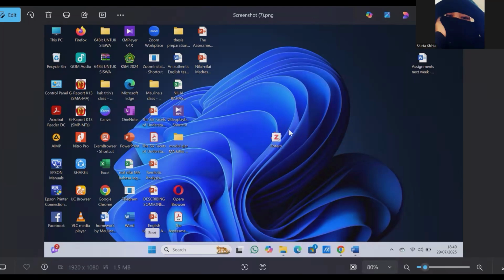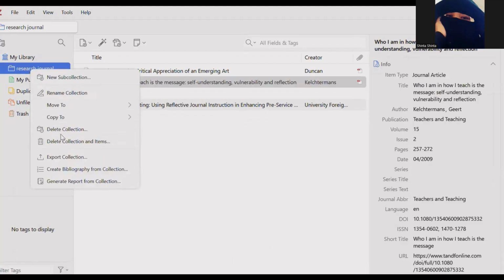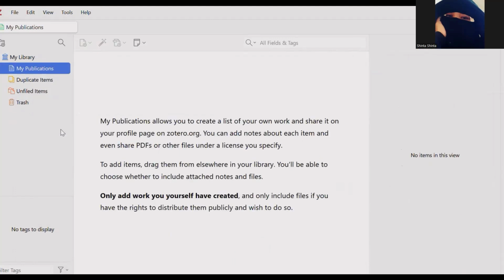If you want to enter the application of Zotero, you just click this icon one time or two times. And this is the appearance of Zotero. I will close the previous article I used. Now, if you want to put in new articles or a new collection, all you have to do is click for making a new collection in this icon. Just click the plus icon over here. You can click one time